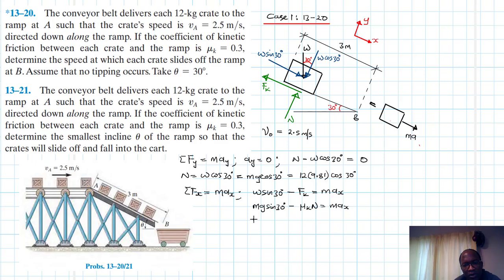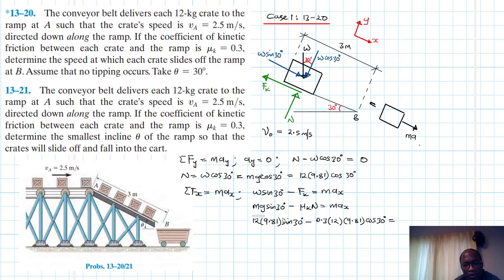So we know it is 12 by 9.81 sine 30 minus mu k, which is 0.3, times 12 times 9.81 cos 30, equal to